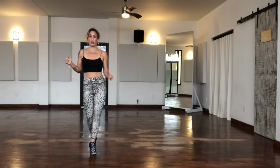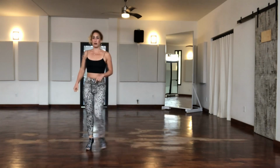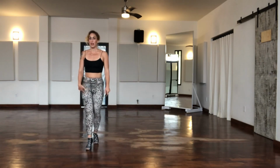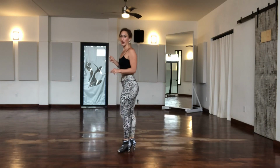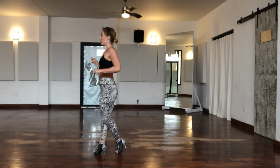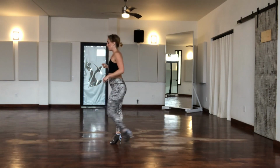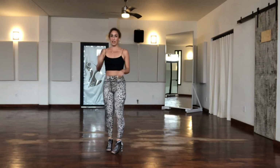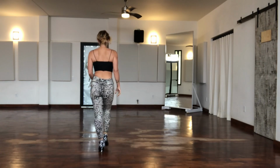Rock forward, back and side. Rock forward, back and side, rock. And the other foot is staying right in place. So if I show you from the side, I'm going forward, back and side, forward. So you can see the inactive foot is just staying in place kind of as the pivot as the other foot moves around it in different directions. So I'll do it facing away. I rock 2,